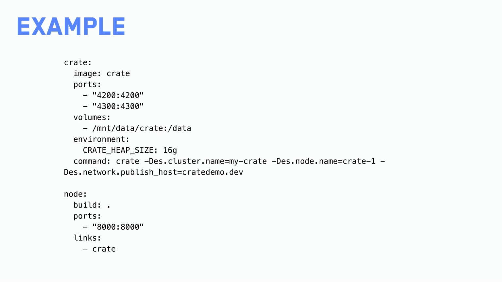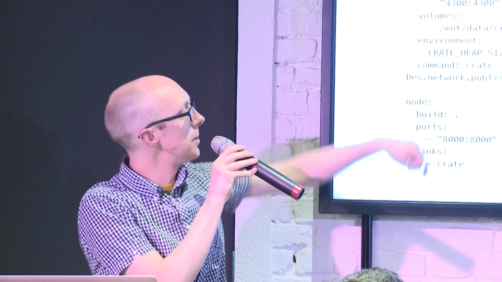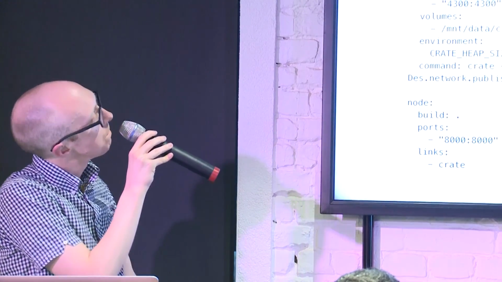So just an example of replicating some of what we looked at already with Crate in a Compose file. You can probably recognize a lot of what we've already got here, the ports, the volumes, environment variables, and then when we want to send specific configuration options to Crate, we override the default command. That's pretty much the only extra complication beyond normal Compose. So pretty straightforward.